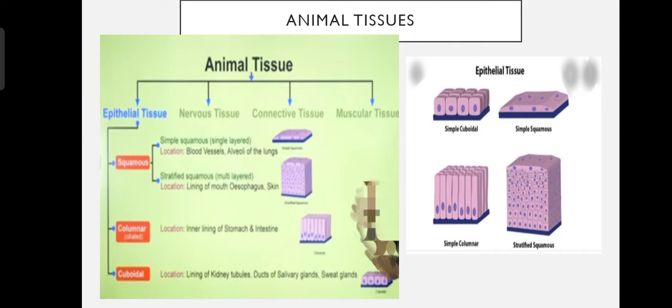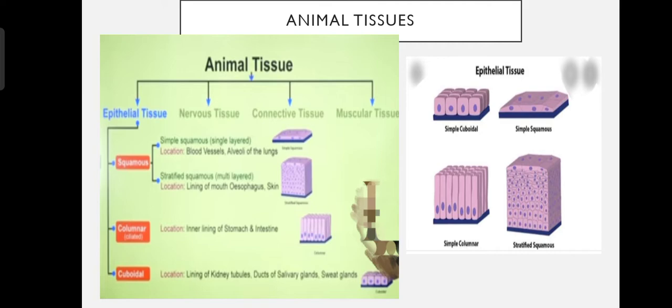Firstly, we will learn about the epithelial tissue. The covering or protective tissues present in the animal body are epithelial tissue. It is the thin protective layer of cells which covers the surface of the body and lines the internal organs. The cells of epithelial tissue are packed close together, so they don't have intercellular spaces. The shape of these cells depends on the location and function of their tissue.